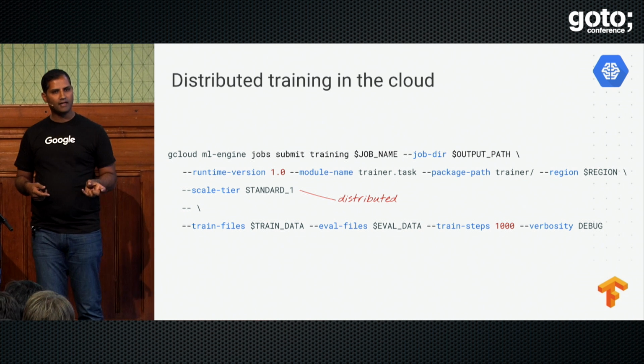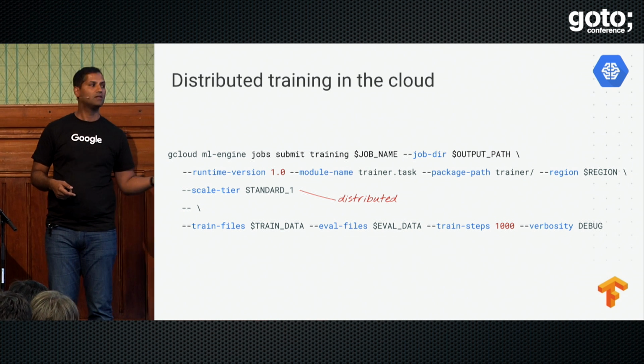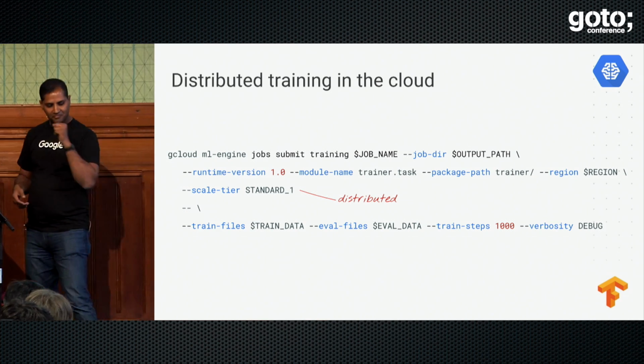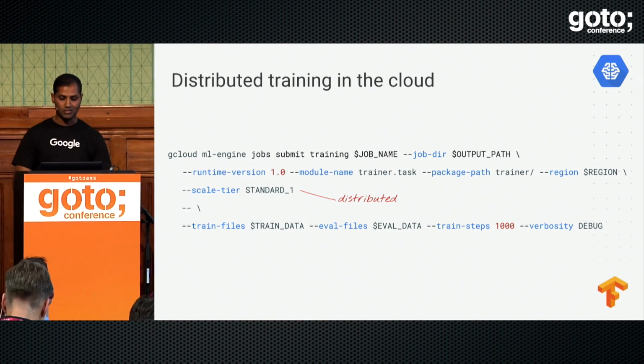So with just one flag, you can also say, okay, start using GPUs, and actually also start using TPUs if you want to. So the interesting result is that